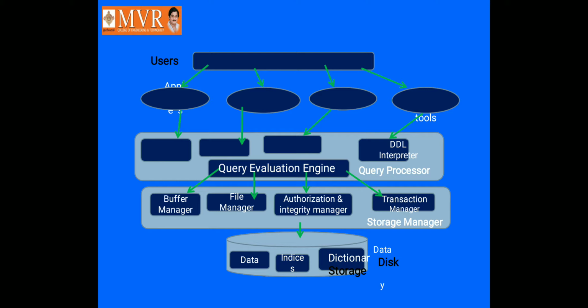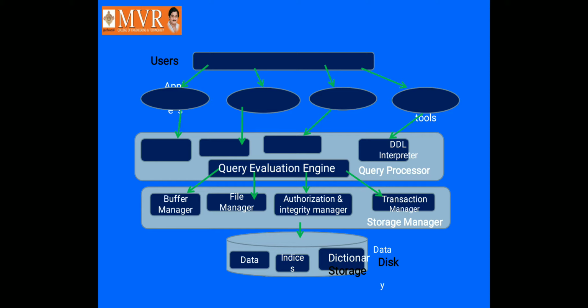Here the buffer manager: the above diagram shows four users asking questions. The four cannot be evaluated at the same time. They take the first one and evaluate it, the second one is put in the buffer manager, and the third and fourth are executed one after another. For that purpose we use the buffer manager.